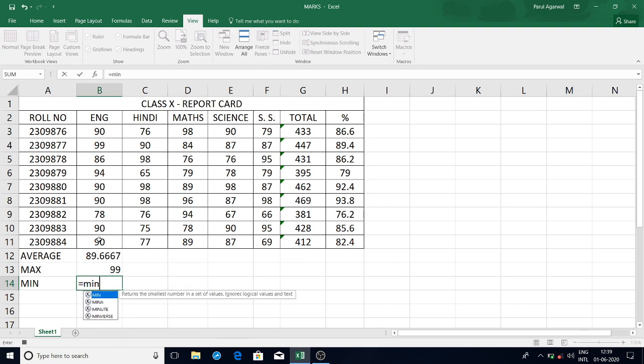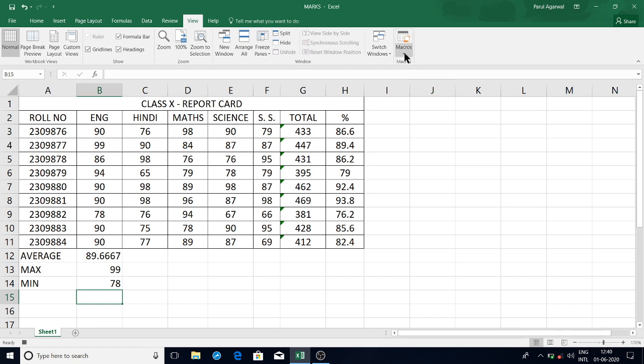Once I give these three calculation formulas, they can be used for the rest of the other subjects using macros. See, after selecting the whole range and pressing enter, minimum is also calculated.